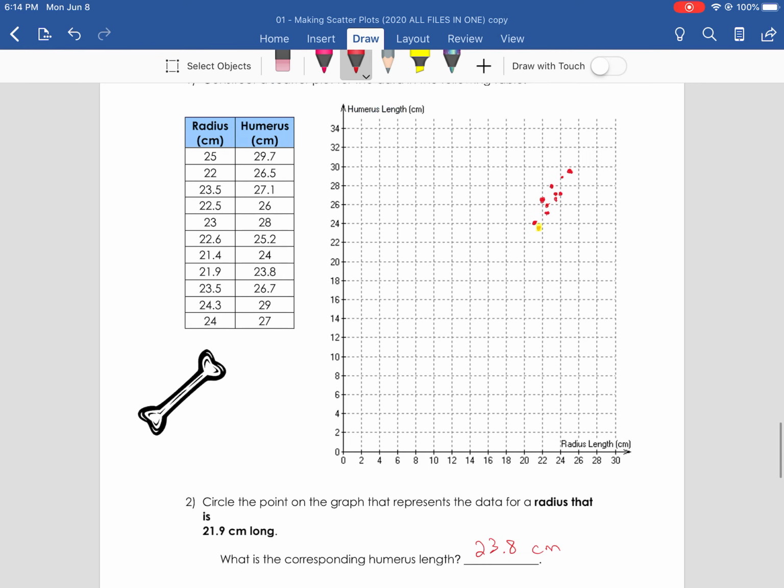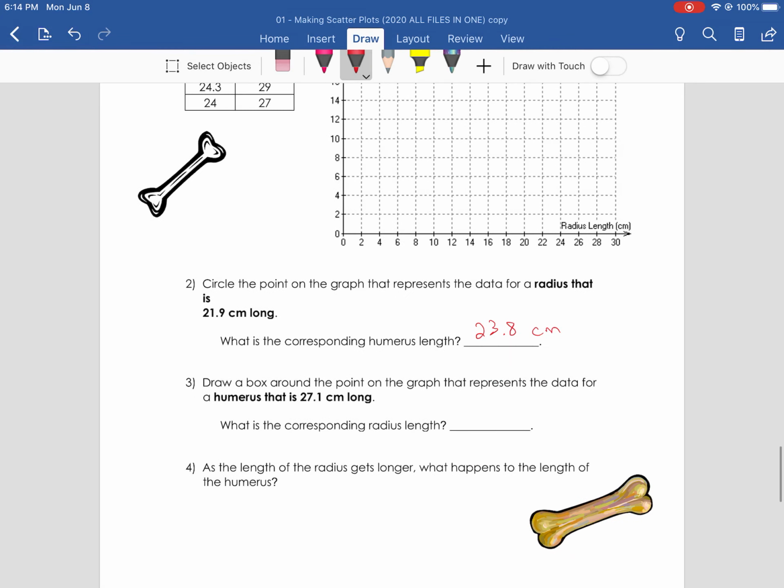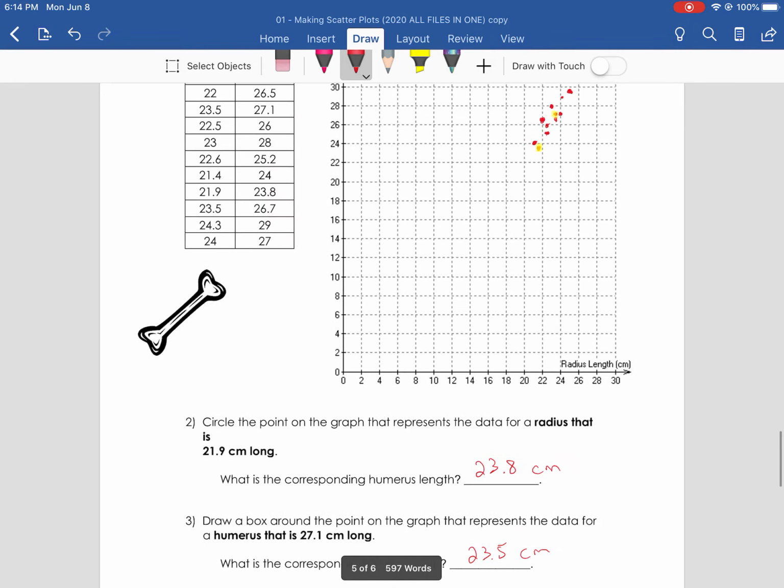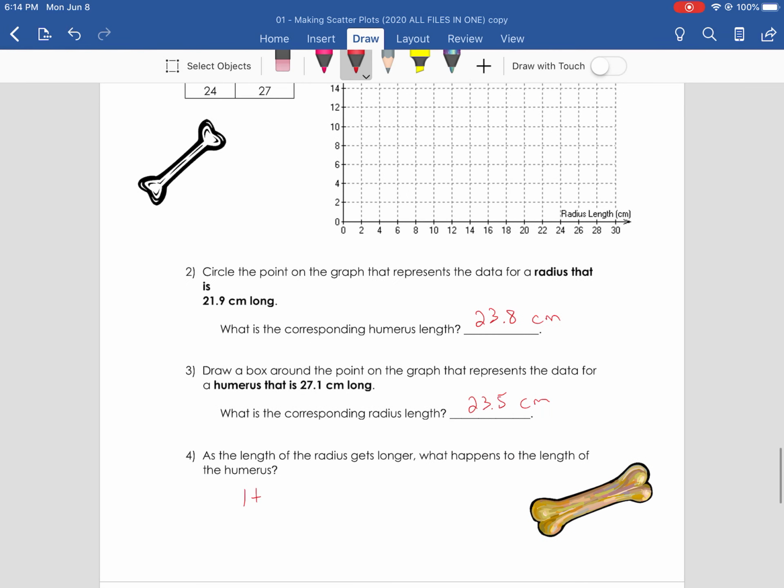So now we've got to go the other way. Humerus 27.1. When the humerus was 27.1, we had this one point here. I can't draw a box, but I highlighted it there. And that's the 23.5 one. And as the length of the radius gets longer, what happens to the length of the humerus? It gets longer as well. So what we'd have is positive correlation here